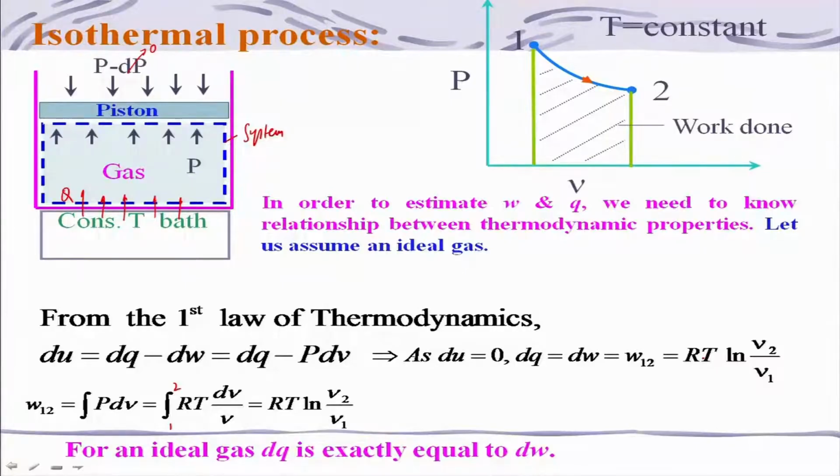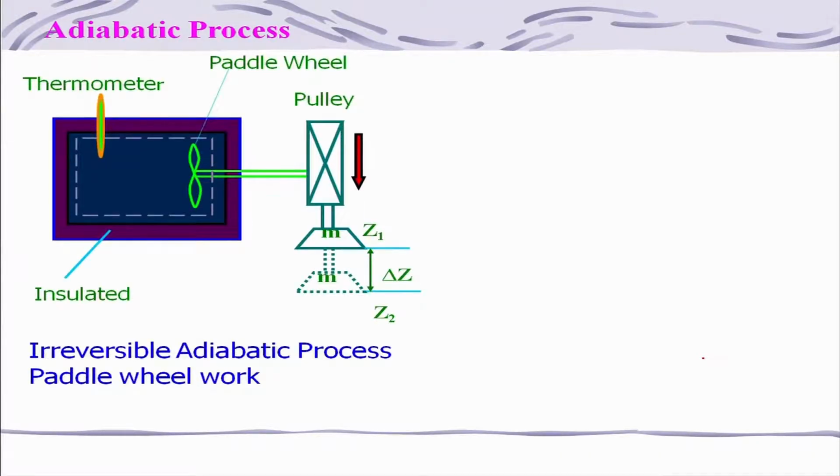And for an ideal gas, dq is exactly equal to the work done for an isothermal process. This is about the isothermal process when we are considering the reversible case. Now we will consider the adiabatic process, where the heat interaction will be 0. We can take the same paddle wheel example,